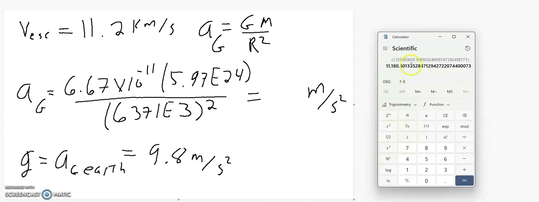All right, so there's the calculation for the last one. Anyhow, all right, so let's clear that. All right, so here we go. So it's 6.67, and then you do times 10 to the minus 11th, so E, and I've got to use this minus sign for this type of calculator. So there's 6.67 times 10 to the minus 11th, and then times the mass of our planet, which is 5.97 times 10 to the 24th, and then divided by